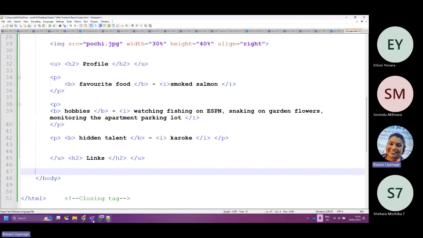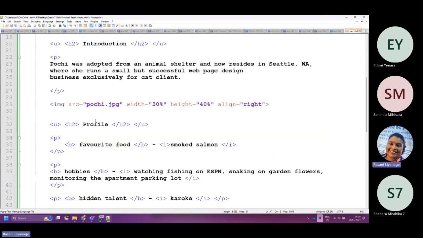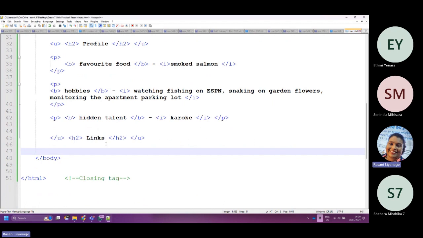BR means break. We put BR when we want to leave some additional space. Suppose I want to leave some space after the favorite food, as he might add many more to the food list.